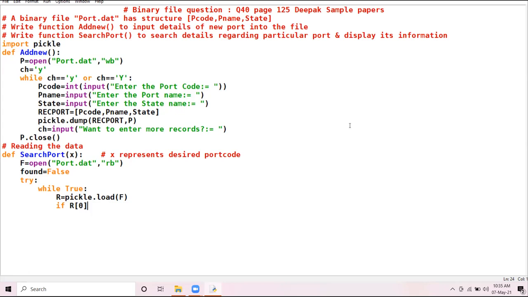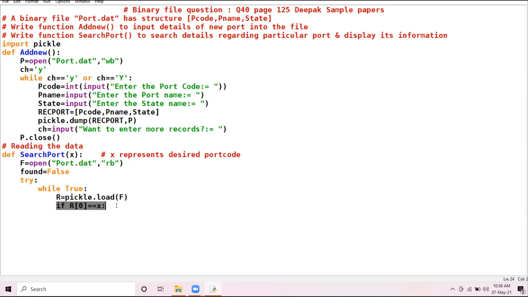Yes, Vaibhav, unmute yourself. Sir, port code. Very right, very correct, port code. If R of 0 is equal to X, what is X? Anybody can tell me the meaning of this statement which I have shaded.